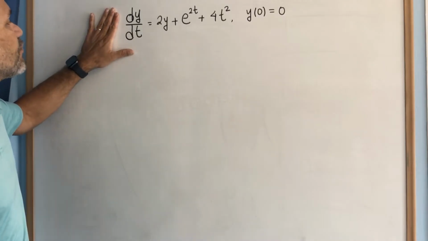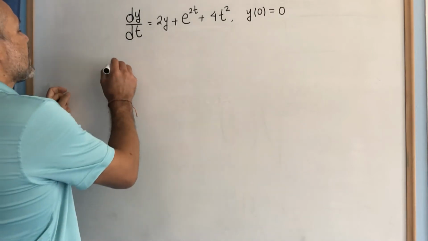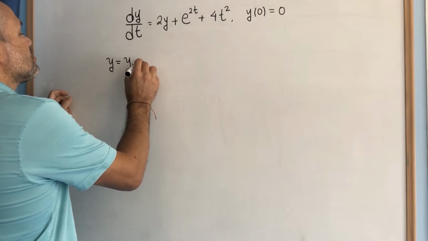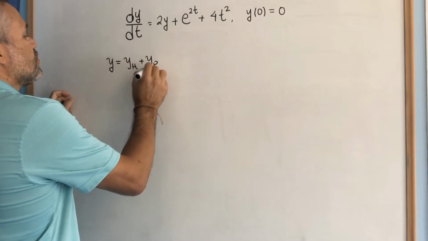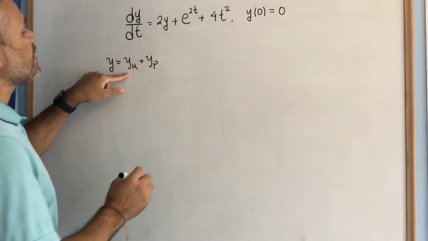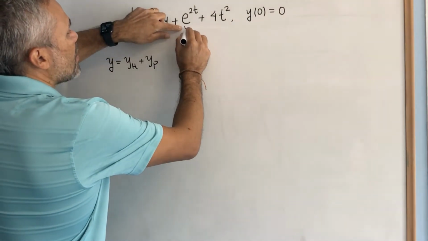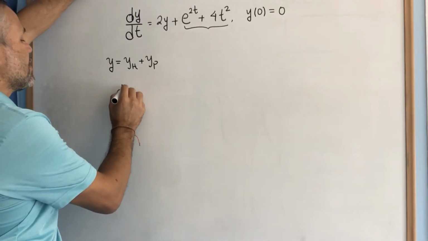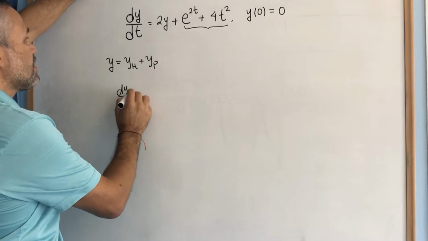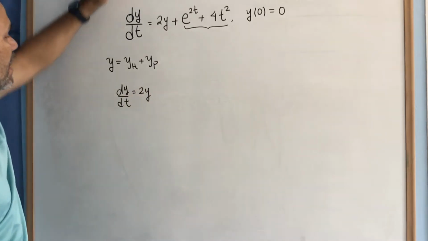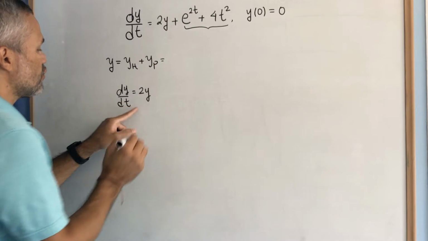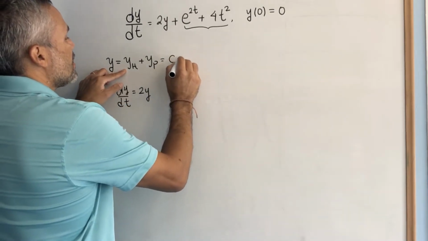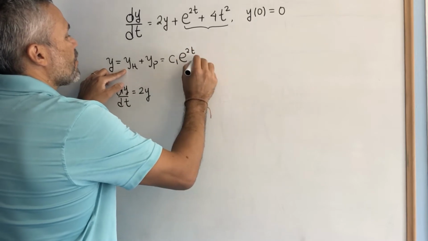Let's find a solution of this initial value problem. In this case, the general solution is the general solution of the homogeneous plus the particular solution. To solve the homogeneous, we need to make the non-homogeneous part, which is this part, equal to 0. And then we need to solve this differential equation, dy/dt equals 2y. And it is well known that the general solution of this homogeneous equation is c1 e to the 2t plus